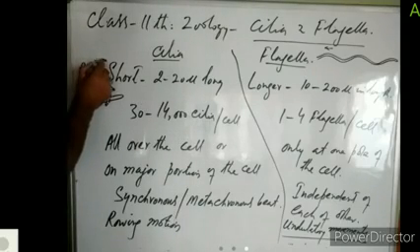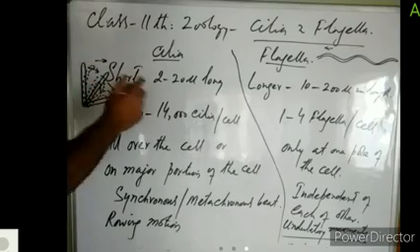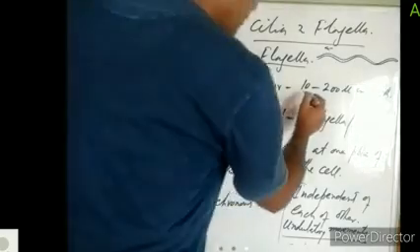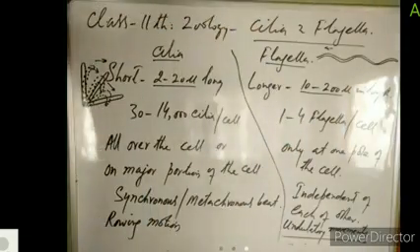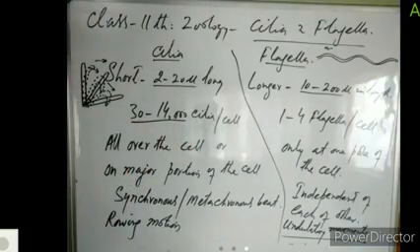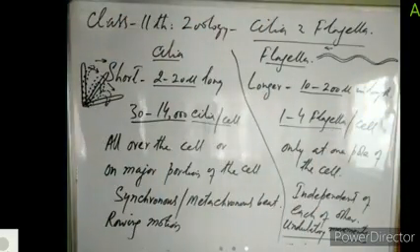What is the first difference between cilia and flagella? The first difference is that cilia are short. They are just 2 to 20 microns long. Flagella are longer. They measure 10 to 200 microns in length. Cilia are present on the cell in enormous numbers, there may be some 30 to 14,000 cilia per cell. In contrast, the number of flagella per cell is limited. There may be just 1 to 4 flagella per eukaryotic cell.